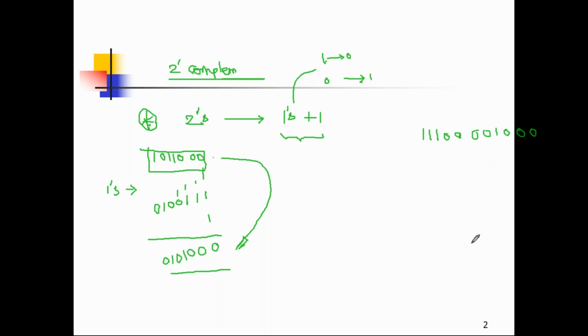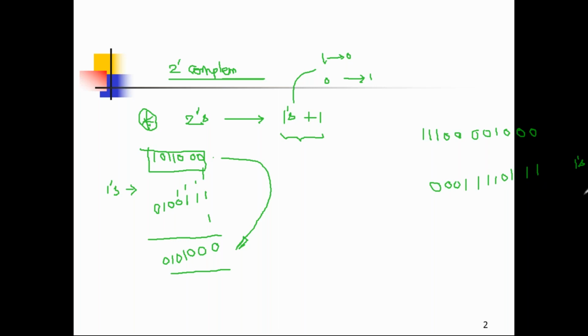So an 11-bit binary number is given to you. Find out the 2's complement. First step, you have to find the one's complement of the given number. You know the procedure for one's complement: 0 is converted into 1, and 1 is converted to 0. So 0 becomes 1, here also 1, 1 is converted to 0, 0 means 1, 0 means 1, 0 means 1, 0 means 1, 1 is changing to 0, 0, 0. Now the one's complement step is over.